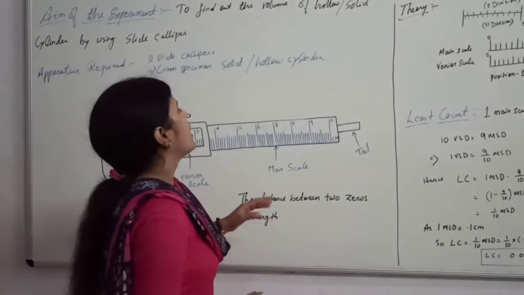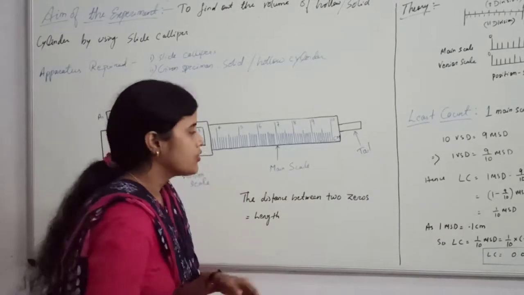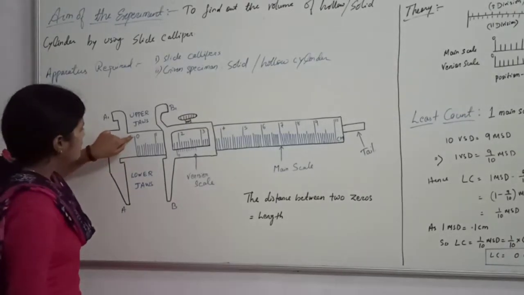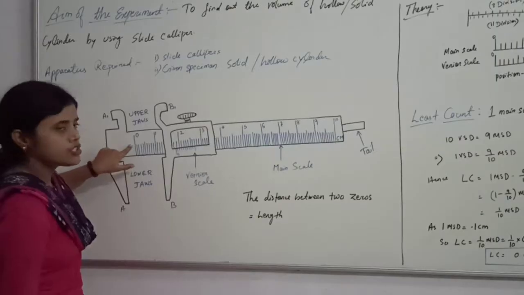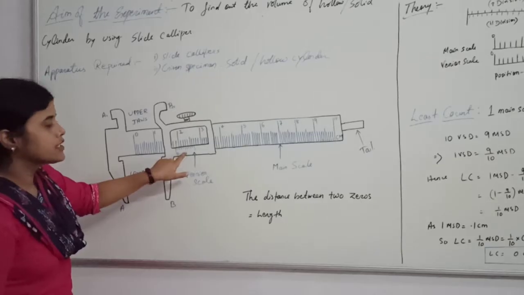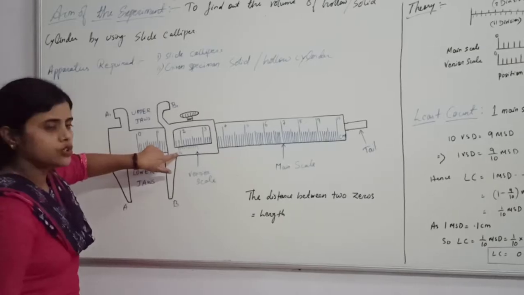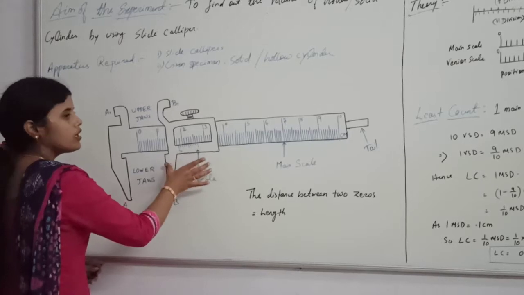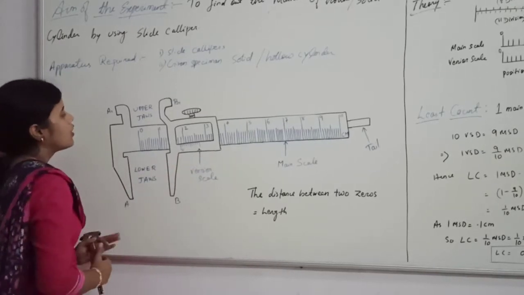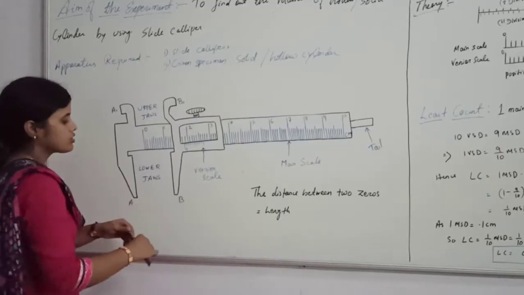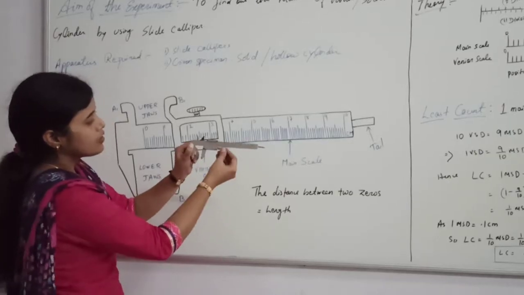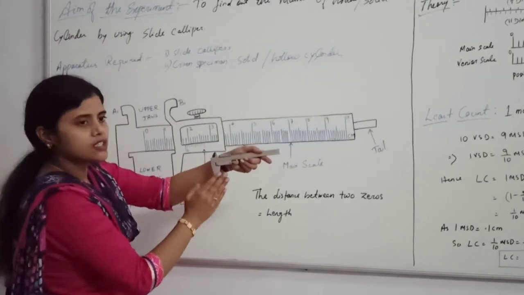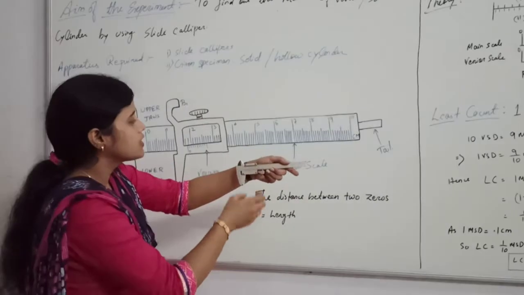Second question is how we will measure the length. You can see in the main scale, it started with the 0 line. This 0 indicates that this line is called the 0 line. Here also in the vernier scale, you see the first line starts with a 0, that is called the 0 line. So, as you know, this jaw is movable and this jaw is fixed. When you completely close both the jaws, just like this, that means no object is placed in between the jaws. That means the length is 0.